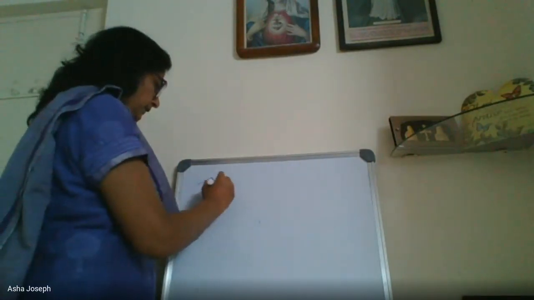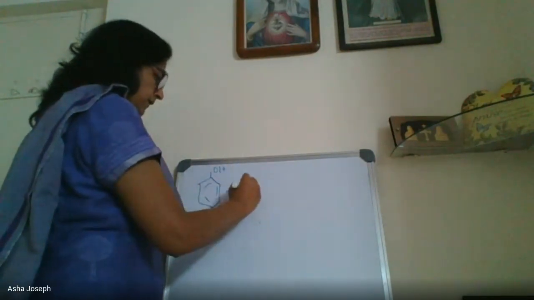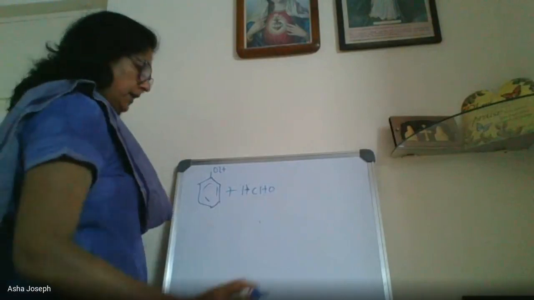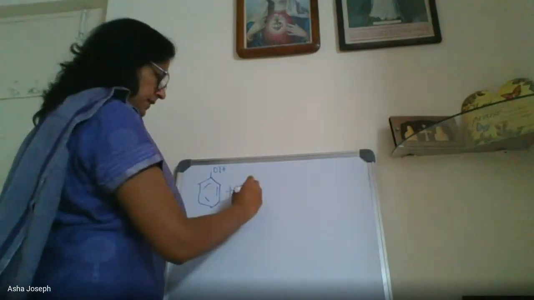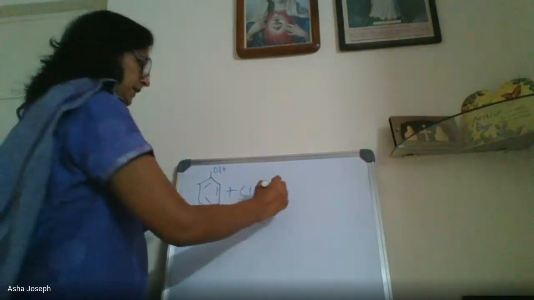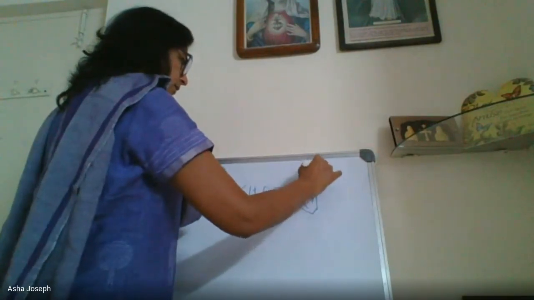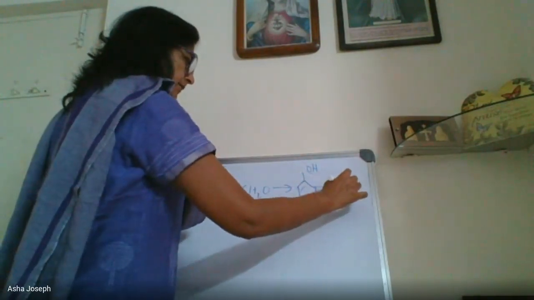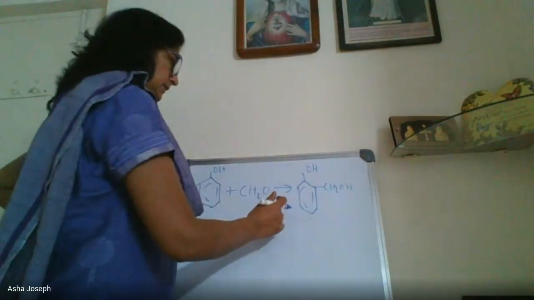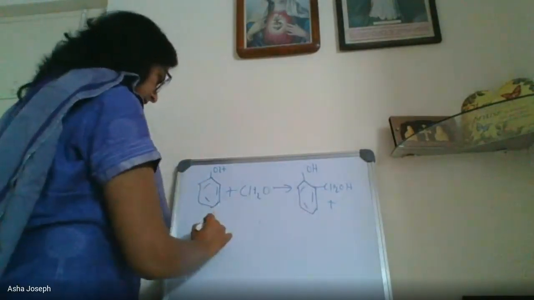So phenol and formaldehyde. Formaldehyde is HCHO, right? Here instead of that they are just writing CH2O. It is HCHO only, formaldehyde. So this will react and first you will get these compounds, a mixture of this. So this is hydroxymethyl phenol and